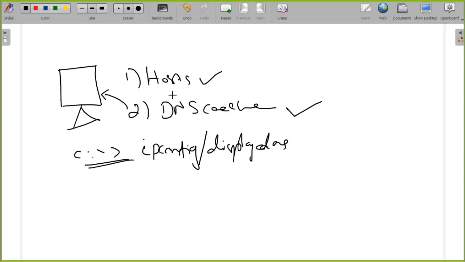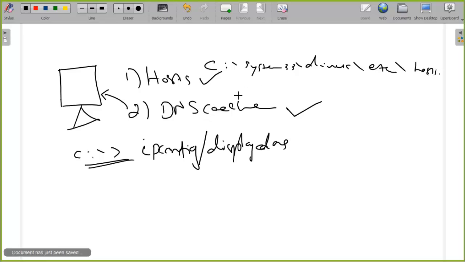The host file is a file that is available within the PC, and it can be accessed by a path. Usually it is available under C:, System32, I believe, drivers, etc. So under this folder you will find the host file. There will be a file called host, and you can open it with the help of Notepad. If you open the host file, you can make manual entries in it.